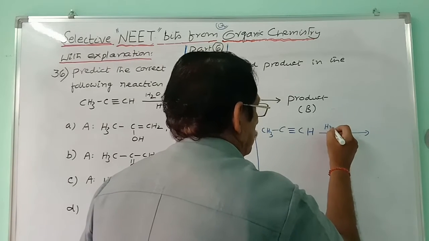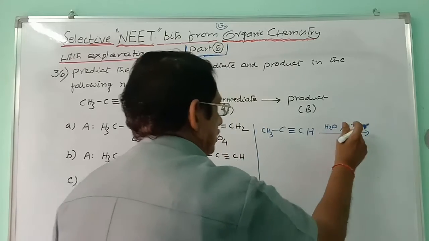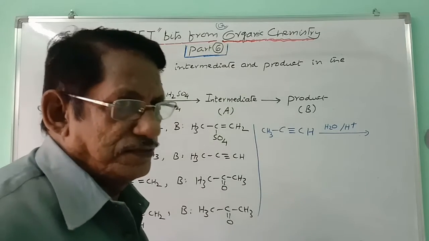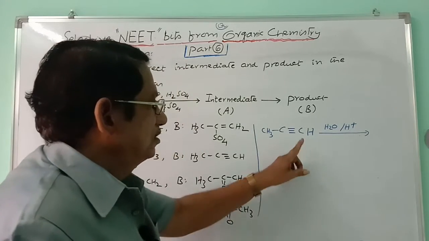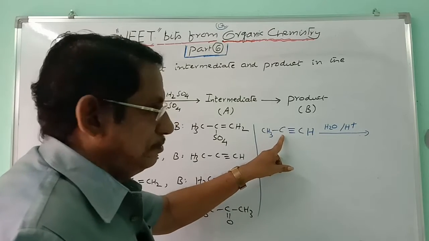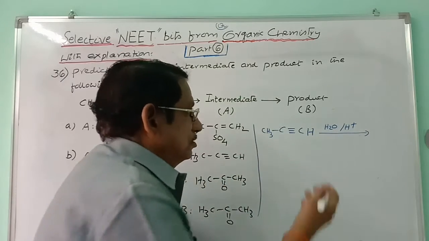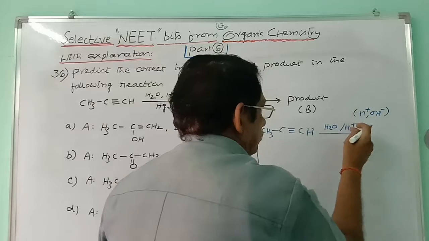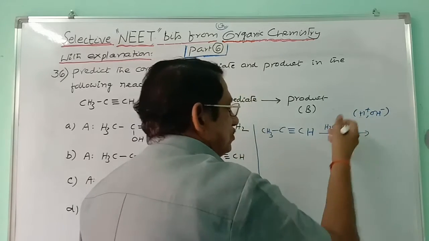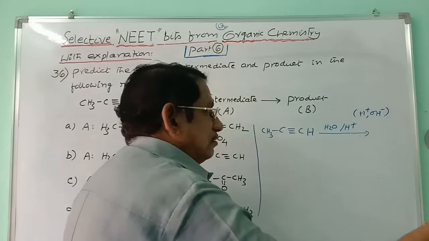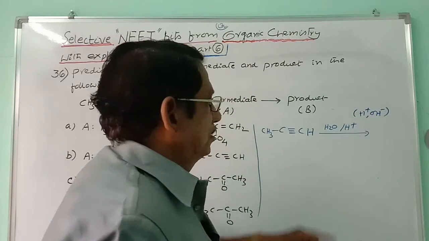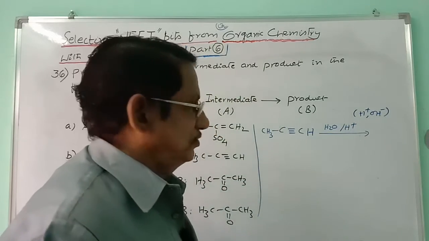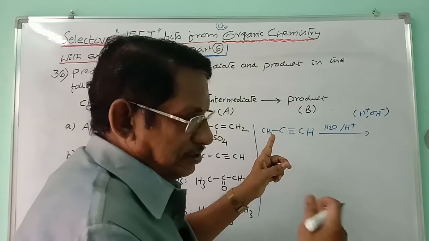When it is treated with H2O in the presence of H plus, that is dilute sulfuric acid, H2O addition will be taking place, and of course you have to follow once again the Markovnikov rule as in the case of alkenes. This is the sp carbon carrying one hydrogen, the other sp carbon is carrying no hydrogen. H2O can be imagined as H plus and OH minus. H plus is obtained from acids, H2O itself is a nucleophile, and so H plus is separated, OH minus remains there finally. And so in H2O addition, H plus will be added to that sp carbon which holds the greater number of hydrogens, and OH will be added to that carbon which holds fewer hydrogens.